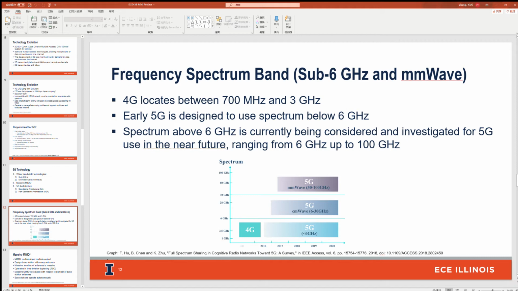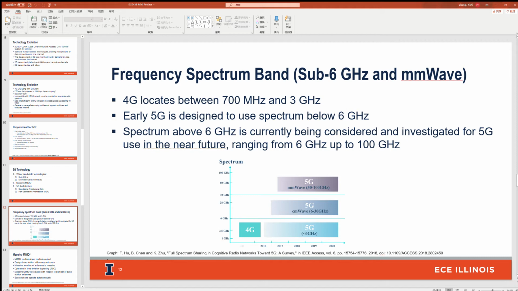So strictly speaking, millimeter wave refers to radio frequency spectrum above 24 gigahertz. But practically speaking, in the context of 5G, 6 gigahertz can be seen as a dividing line for millimeter wave. Spectrum above 6 gig is millimeter wave, while spectrum below is not. Propagation can vary significantly between low and high frequencies.